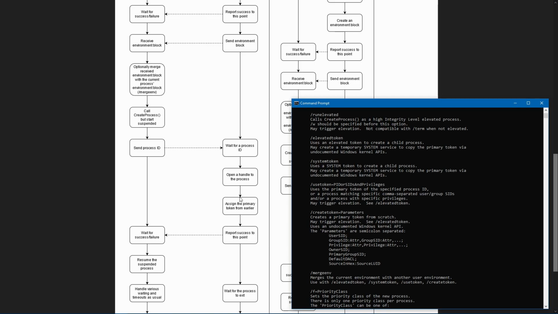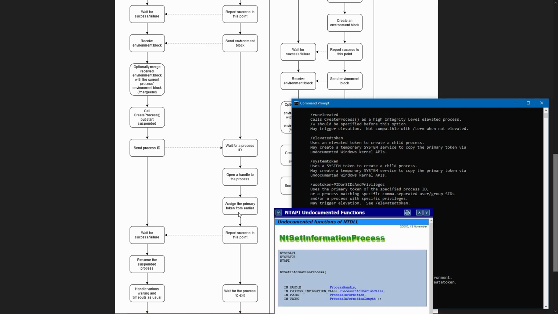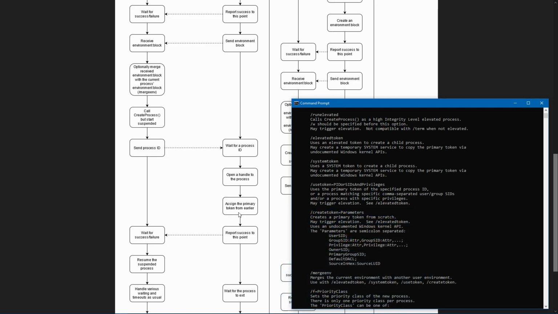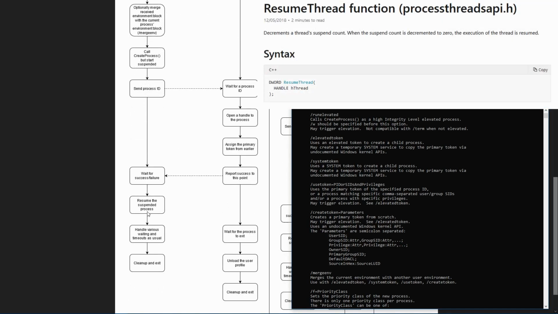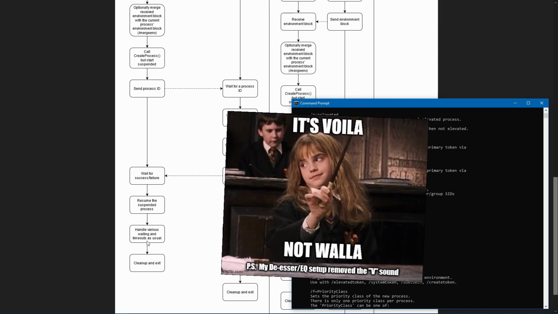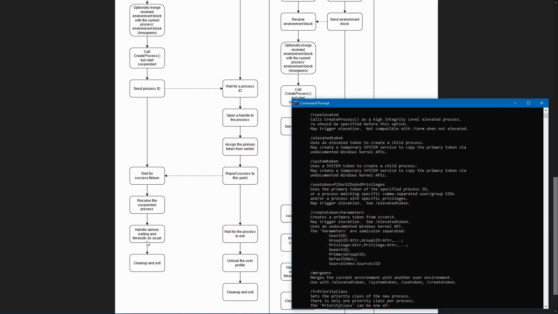Then it calls the undocumented Windows kernel NtSetInformationProcess API to assign the primary token that was duplicated or created earlier. Note that once a process starts running, its assigned primary token can't be replaced. Upon success, the original process starts the main thread of the newly created process. Voila! A child process of a non-elevated process is now correctly running with a different security token, all without requiring the associated user's password or other login credentials.